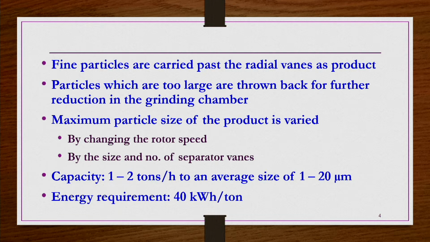This is about the hammer mills, where the operation is more or less the same as in the case of ordinary hammer mills, but here we have a classifier. The fans and vanes are provided so that you can separate the product as oversized and undersized. Undersized product can be taken as product, and oversized material can be fed back to the crushing chamber for further size reduction. Otherwise, the rest of the operation is quite similar to the hammer mills that we have already discussed. The separation of the product into oversized and undersized is done by the fans and separating vanes which are mounted on the rotors.